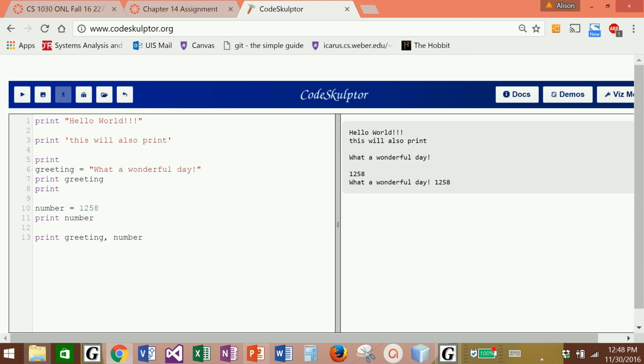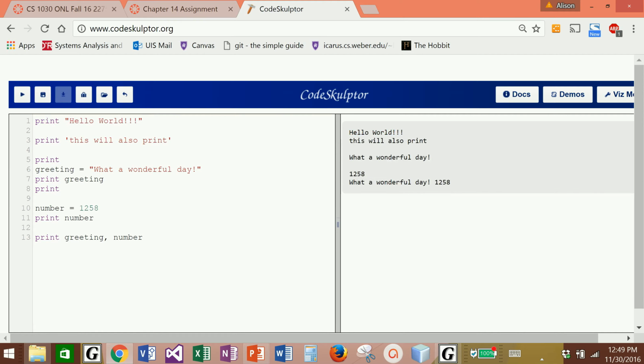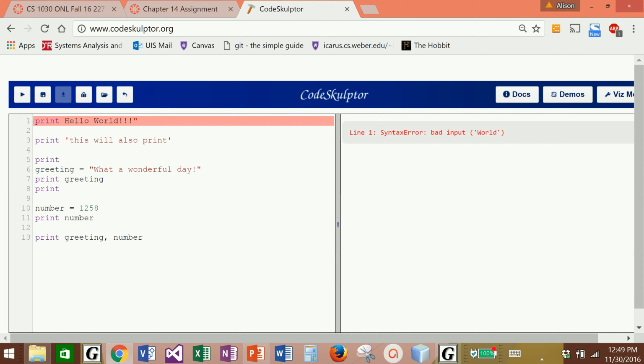So what I'd like to do is find out what happens if maybe I type something wrong. I'm going to come back up here to my hello world, and I'm going to remove the closing double quotes. And it says to me bad token. It throws an error message and it says bad token, and it shows me what the token is. It doesn't know what the double quotes are. It's having a problem. If I return the double quote and run it again, my error should go away. What happens if I accidentally forget the first quote? It's going to say bad input world. It doesn't know what world is. It thinks hello might be a variable, and so it's willing to print out whatever it finds in the variable called hello, but it doesn't know what world is. And so if I put those double quotes back,